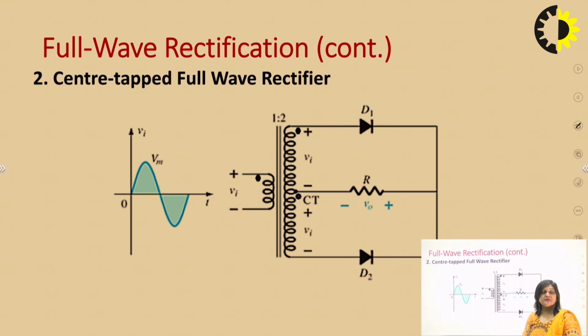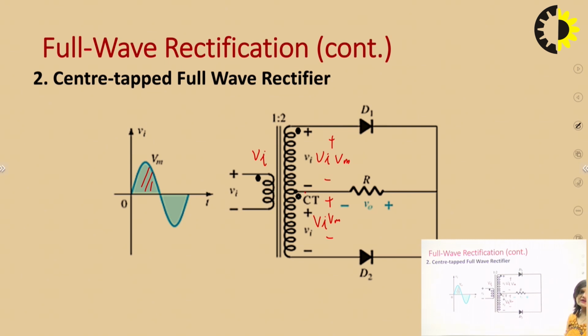Transformer utilization factor means how much we can utilize the efficiency of the transformer for utilizing the AC signal. Now this center tap transformer has a property that it can divide the input signal Vi in two parts, like this is Vi and this is also Vi. So if 10 volt is there here, 10 volt is there here also. For the positive half cycle, we can see this Vm is there, plus minus, and this Vm is there, plus minus.